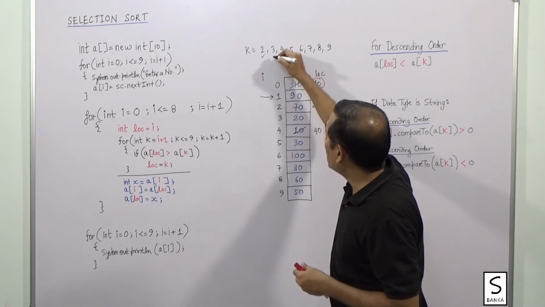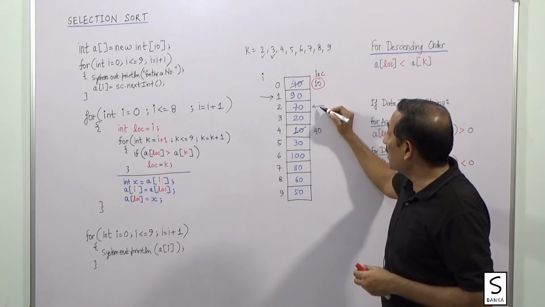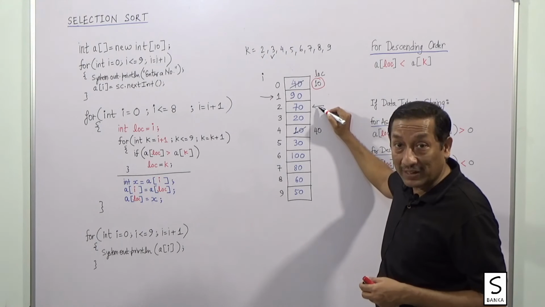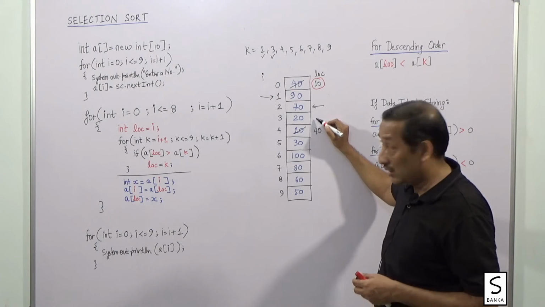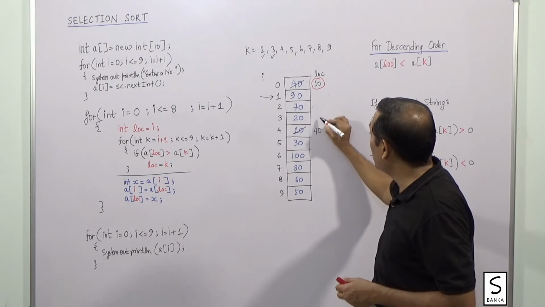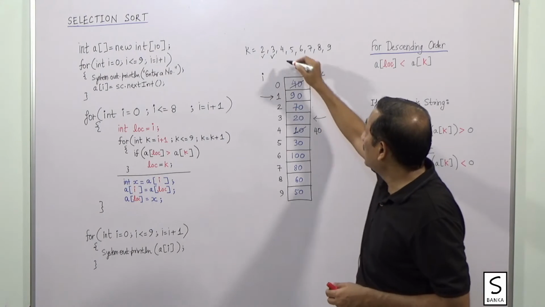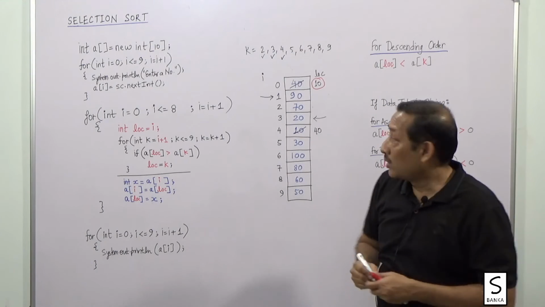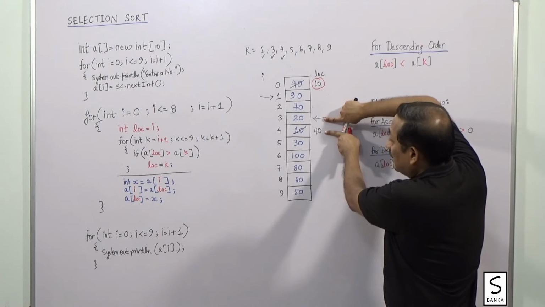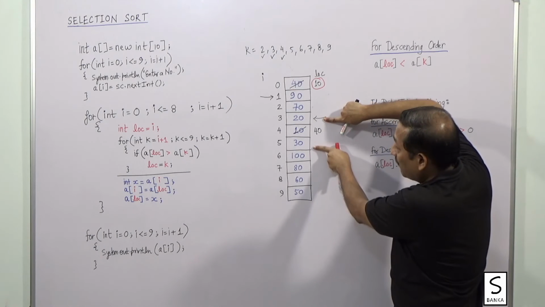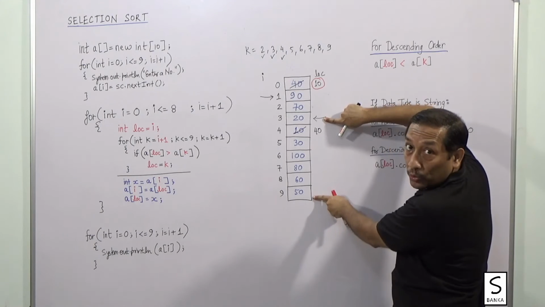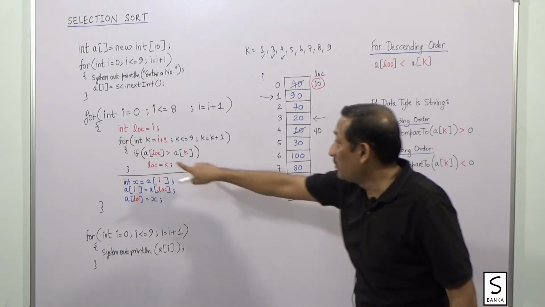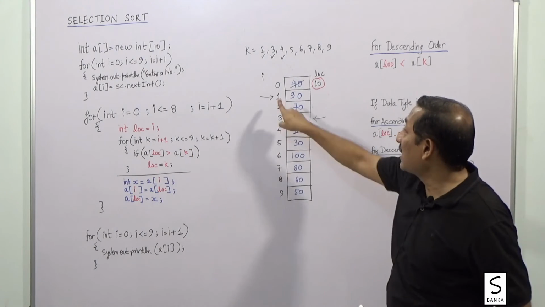Next round k becomes 3. So now ALOC, LOC contains what? 70. And the value of k is 3. Is 70 greater than 20? Yes. So now the value of LOC will become 3, pointing to 20. Next round k becomes 4. So is ALOC greater than A4? No. A5? No. A6? A7? A8? A9? No. So when the loop terminates, we find that I contains 1